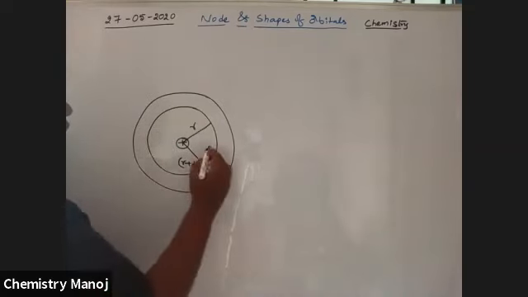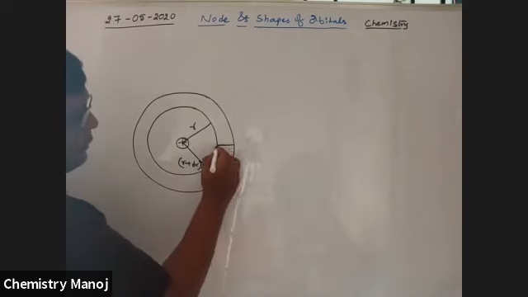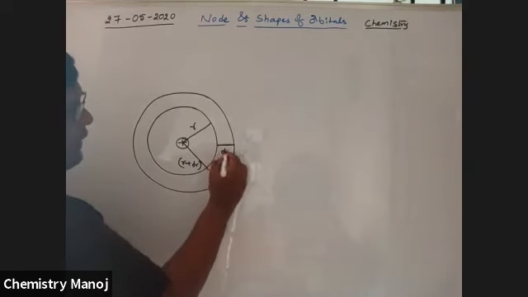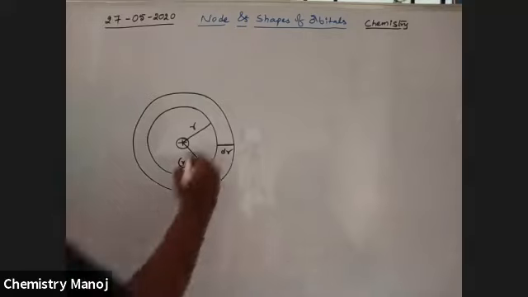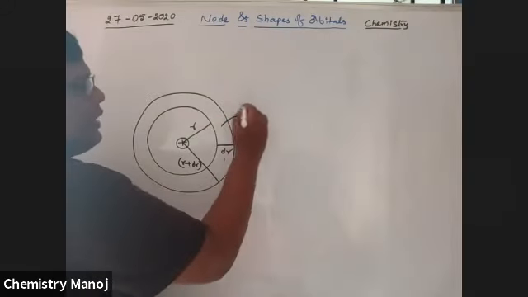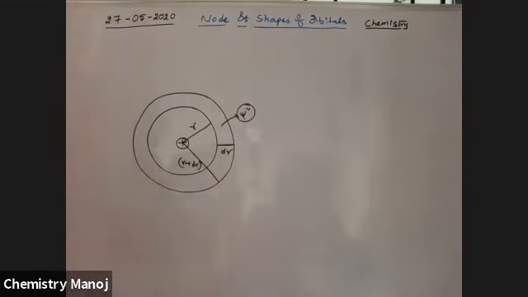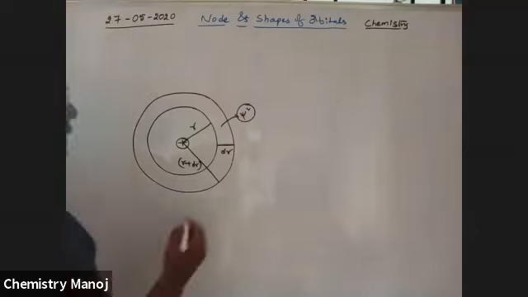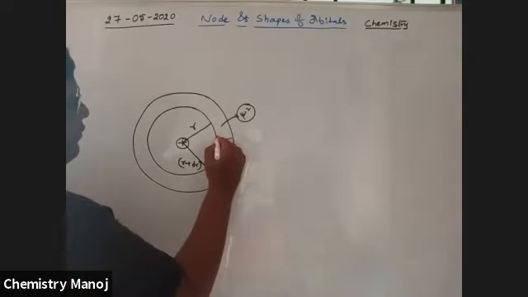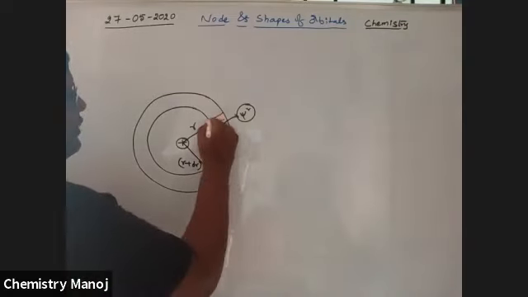Now, what is the value of this space? This space is taken as dr. Now I am going to find out how much the psi square value is at this region. Psi square means the probability of finding an electron. I am going to try to find out the psi square value at that particular point. Here, that is the radius, the distance between them. So now I am going to shade this region.